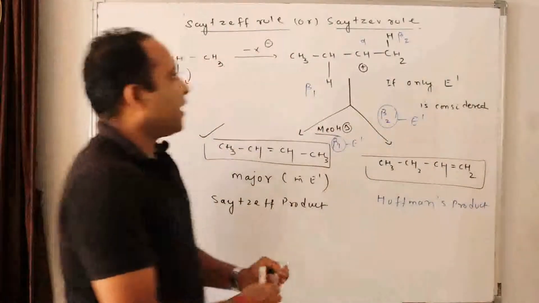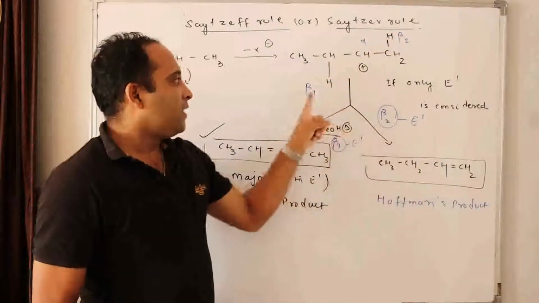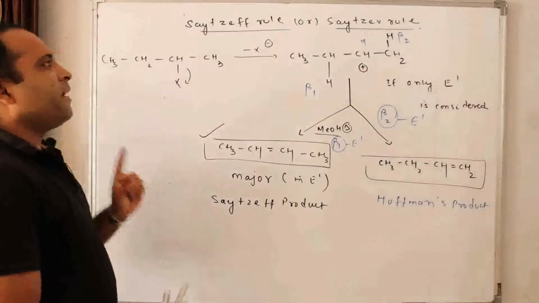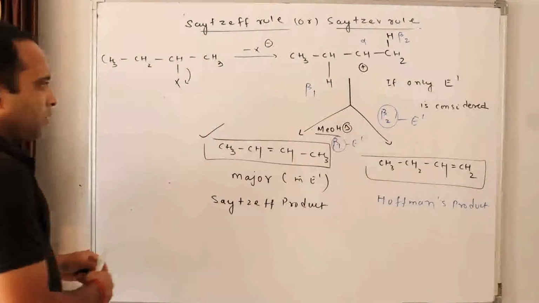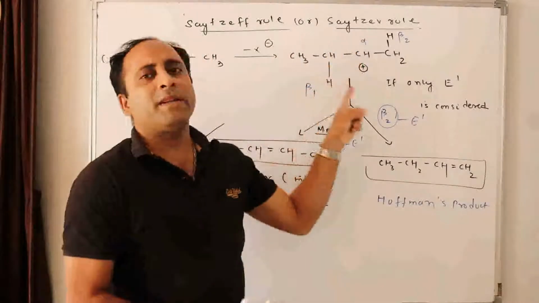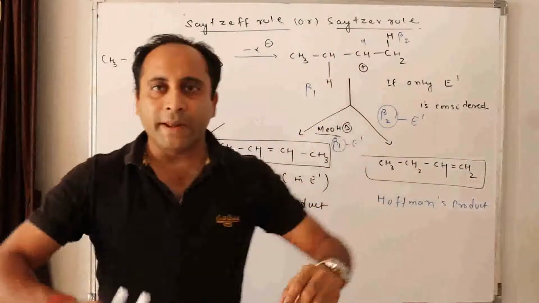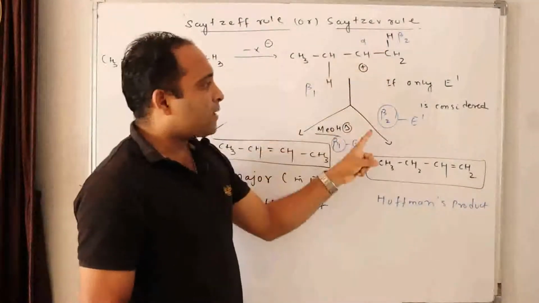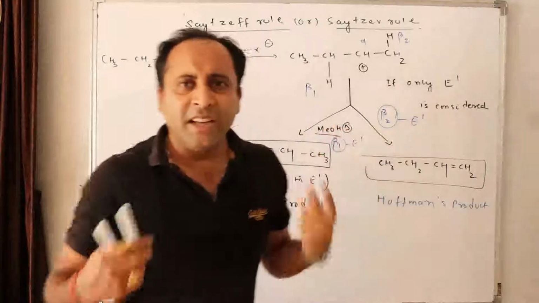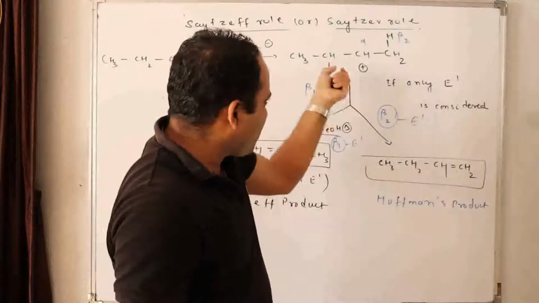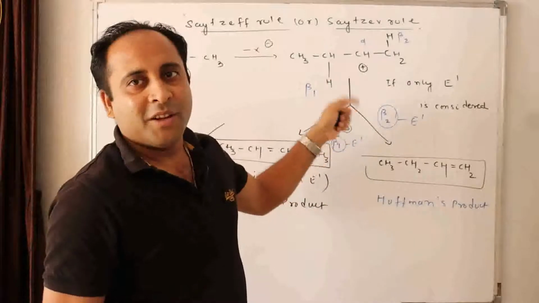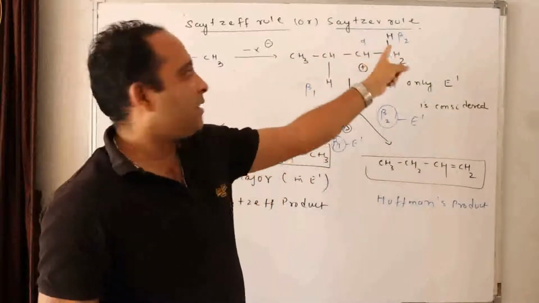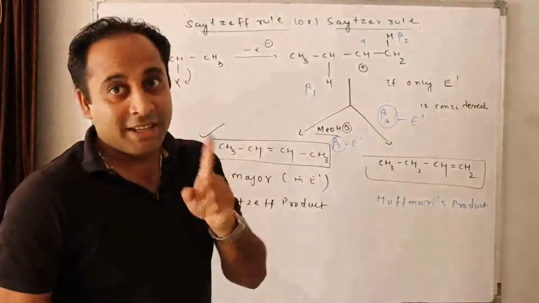Now here this hydrogen is removed and this is formed. And in this case, this hydrogen is removed. Now why did I say if a small base is used? What did I say in Saytzeff's rule? If a small base is used... what will happen if I take a bulky base? That bulky base will have steric hindrance in going among them and removing this hydrogen. It will preferably remove hydrogen from the terminals, isn't it? From the terminals. Done? Easy?